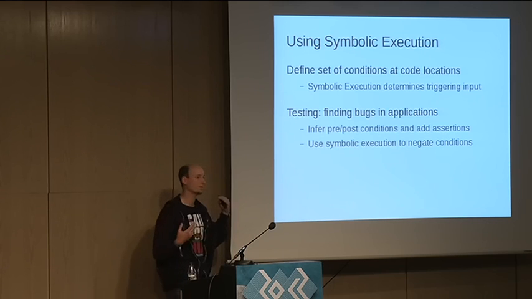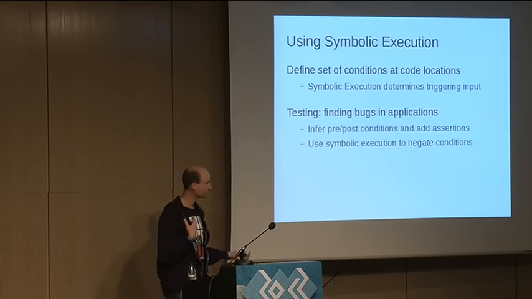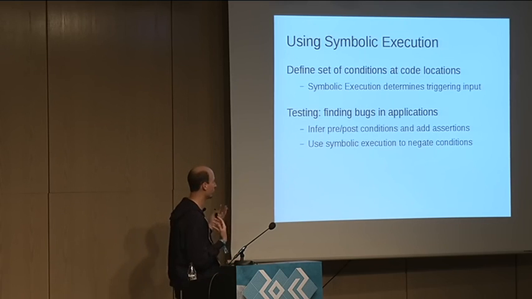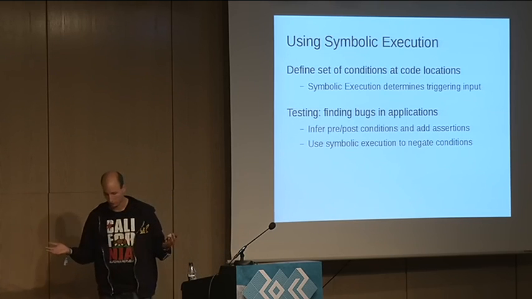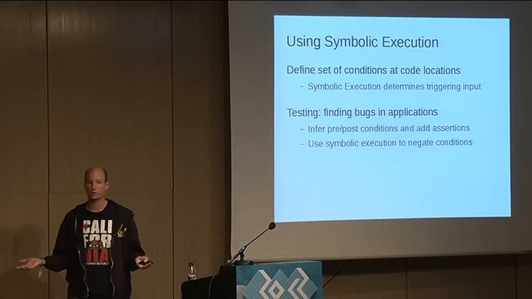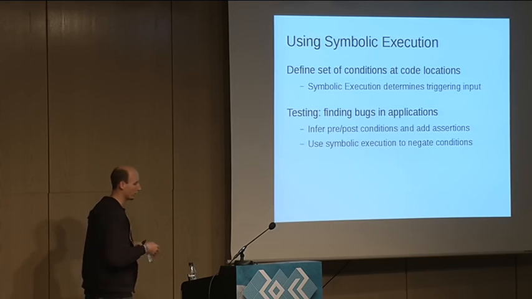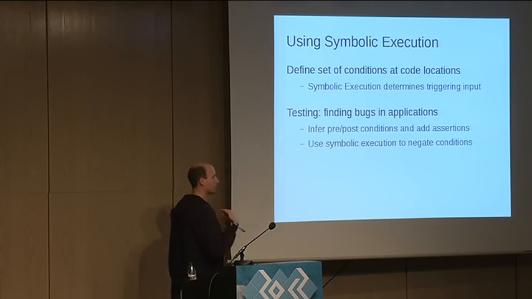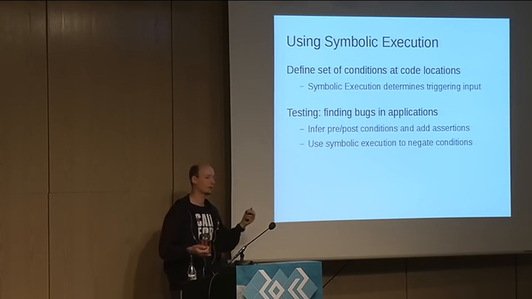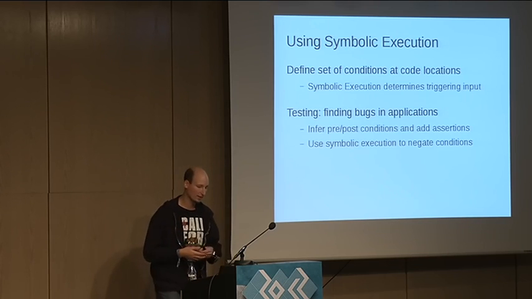And the conditions that we encode are a set of preconditions and postconditions that we want to hold at specific locations. Maybe a specific condition would be that the return instruction pointer on the stack is never overwritten with some other values. Or we use the assertions that are already in the code, and we use symbolic execution to ensure that there's no input that can trigger these assertions under this specific set of conditions.